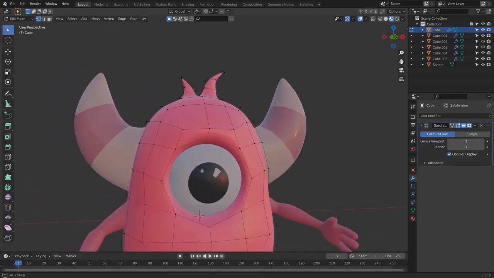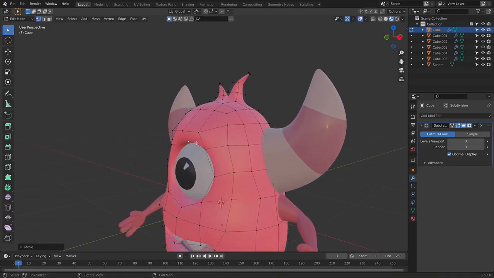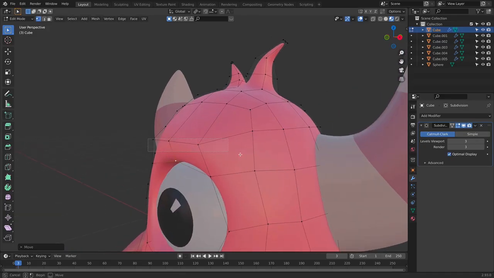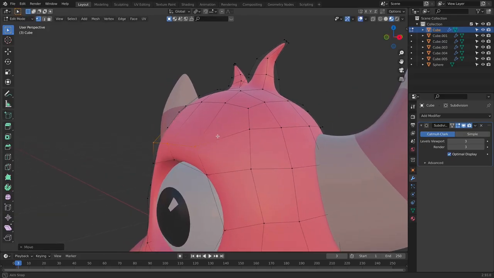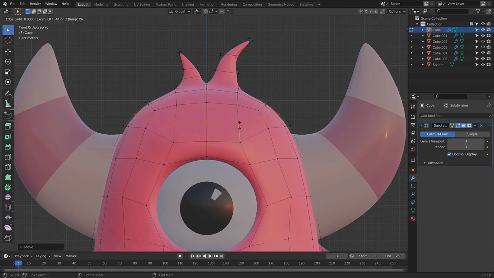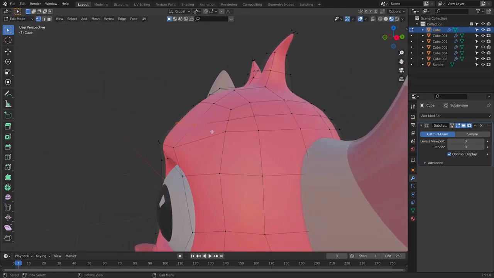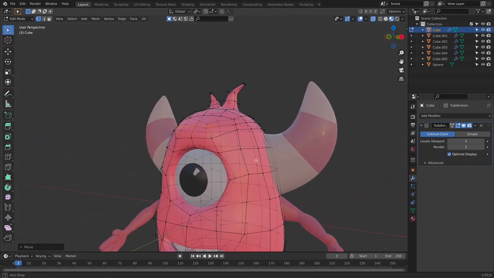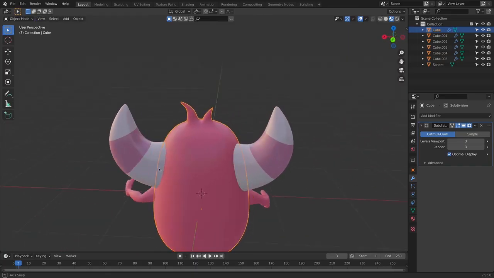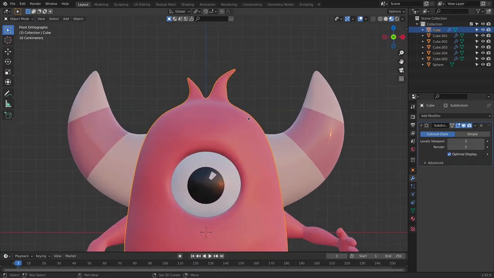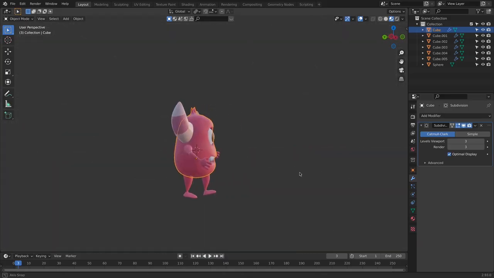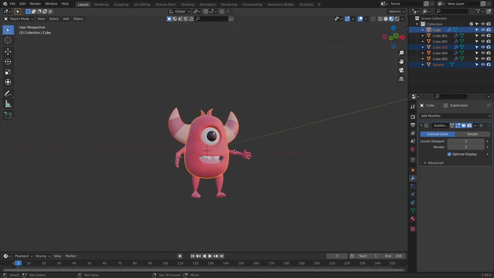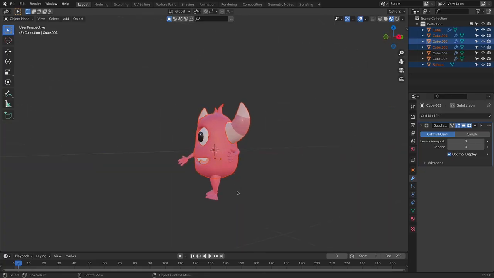Now we are going to make him a little brow here by moving these down here. Let's add a loop cut and see what we can do. So I'm going to bring it here. Let's grab it up. So he's very excited. Now I will select the top part, only the top, without the hands and the legs,